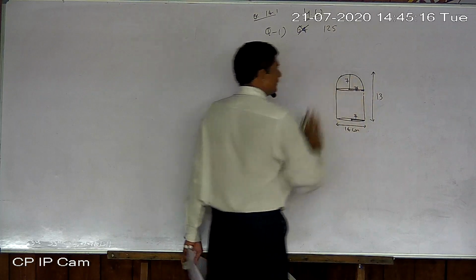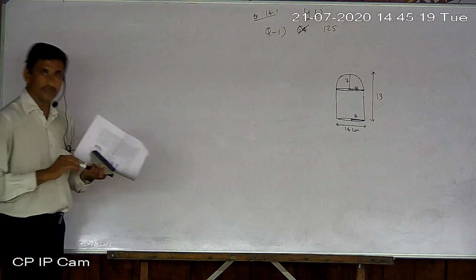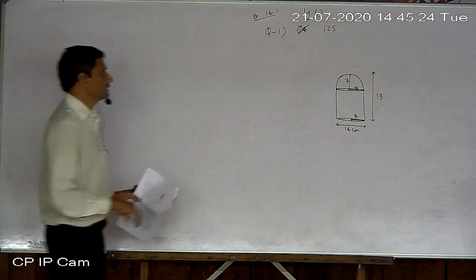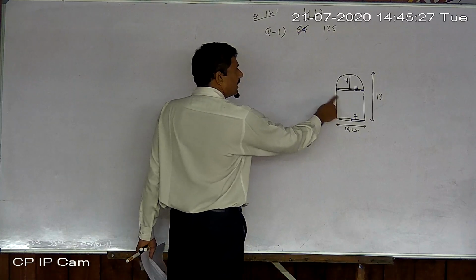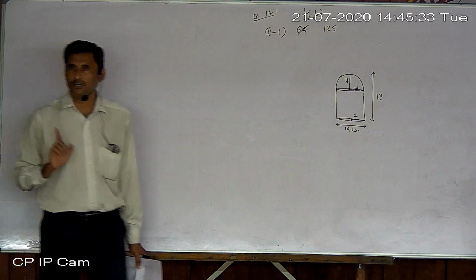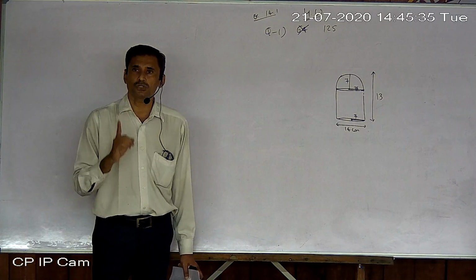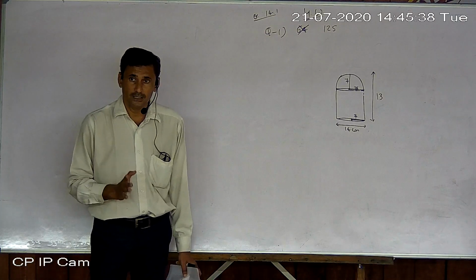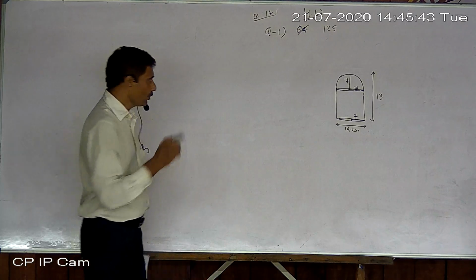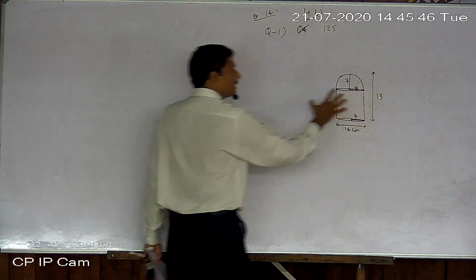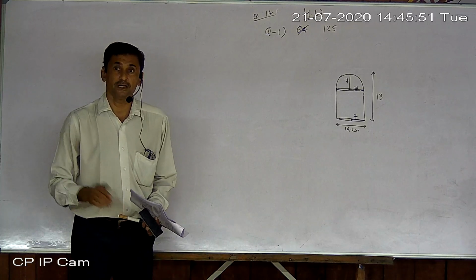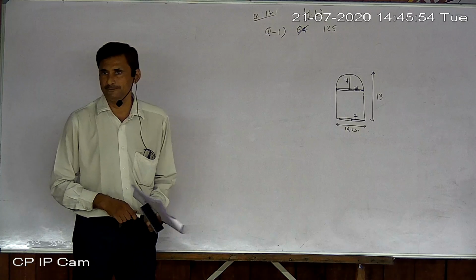If here it is 7, then it is 7 everywhere. If you say the diameter of the cylinder is 14 or the diameter of the hemisphere is 14, both are the same. So you understand, the height of the cylinder will be 13 minus 7, not 13. Mostly they give us the total height, not the individual height. So if any one height is missing, we can find it this way. If you draw a proper figure and write the proper measurements, then only you understand what is missing and how to find that missing measurement.